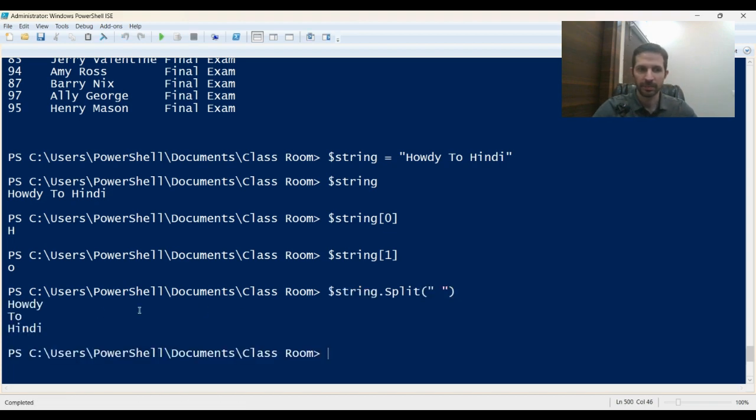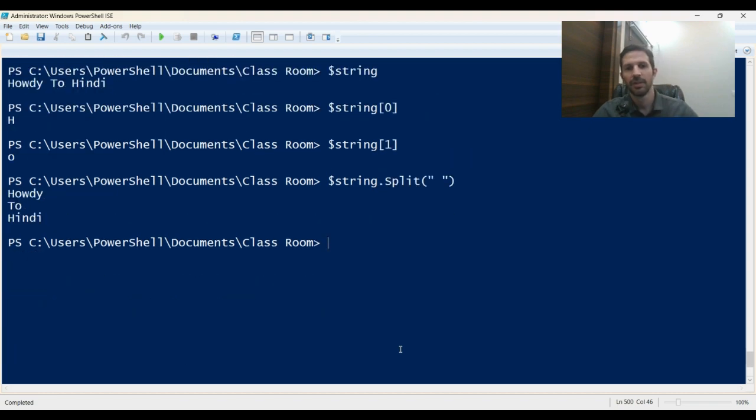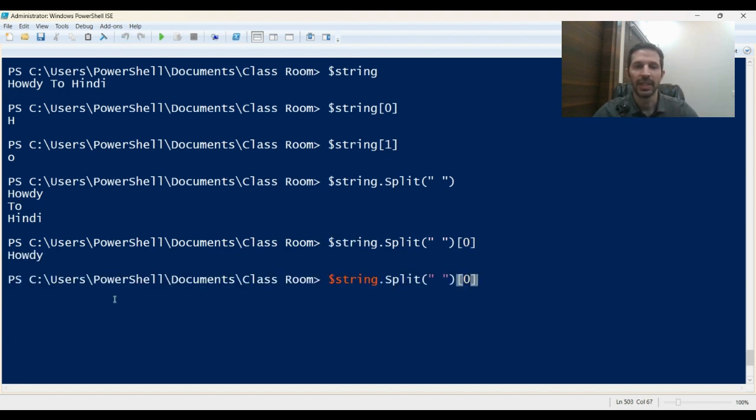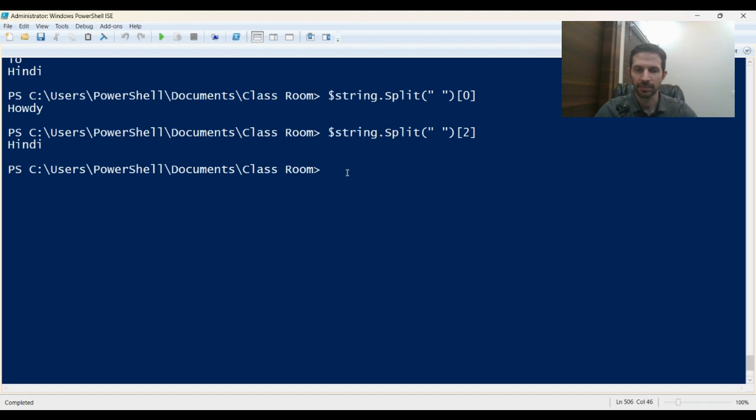And let's hit enter. And we can now see Howdy to Hindi, but it's now separated it into 3 different parts. We can go ahead and use our brackets again and specify which part do we want, the Howdy, the to, or the Hindi. So if we say 0, we get Howdy. If we say 2, we will get Hindi. And sure enough, we do get Hindi. So we can use this in our example earlier